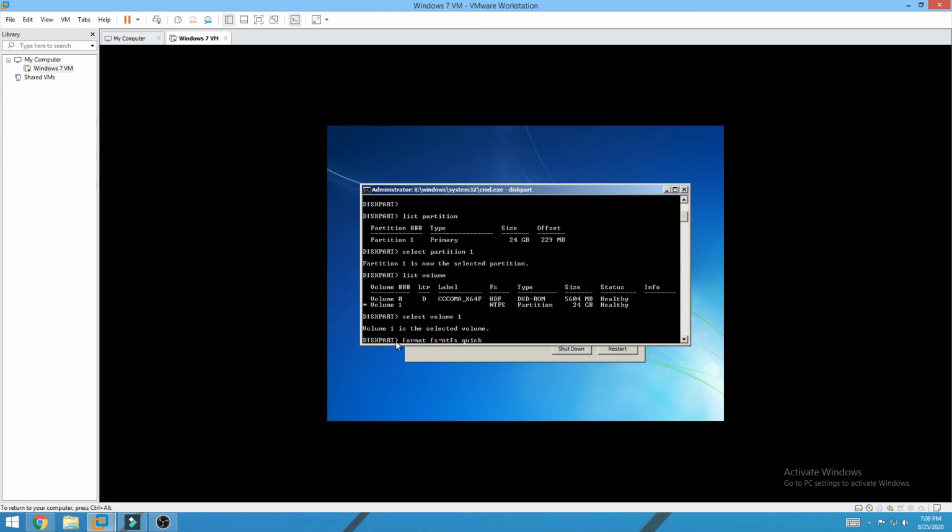So here it's format space fs equals ntfs space quick. Now don't press enter yet, because it's probably gonna fail because you have BitLocker